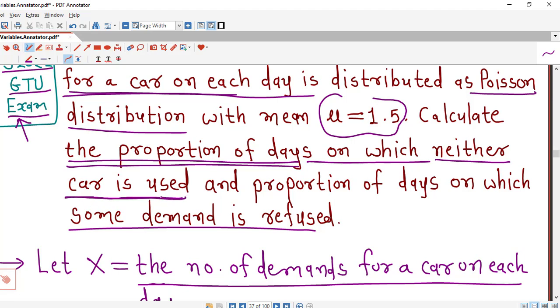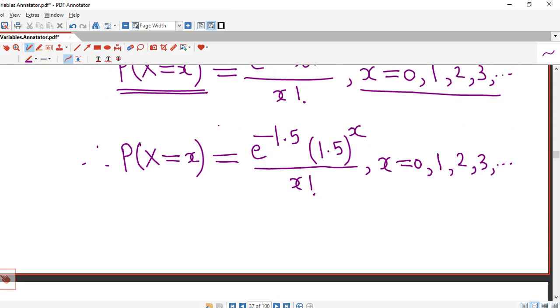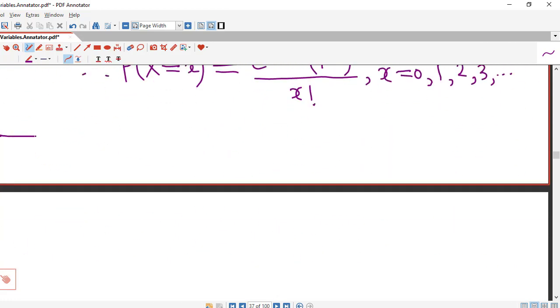So neither car is used means there will not be any demand on that particular day. So there will be 0 demands for a car on that day, and we are asked to find the proportion of days on which neither car is used, that is equivalent to the probability that there will be no car used or probability that there will be 0 demands on that particular day. Okay, so we can write that the proportion of days